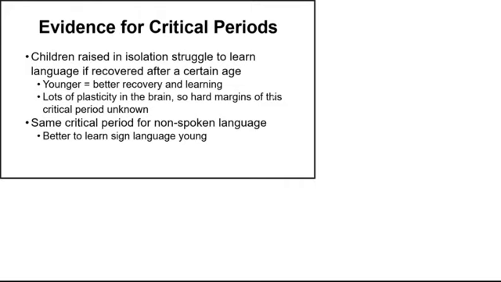And so the evidence that led to this proposal was the fact that children who are raised in isolation would then struggle to learn language if they were then re-socialized after a particular age. So the age would be around, I think it's about 12 or 13 years old. So a little bit of wiggle room there. But if you've seen news stories of children raised by wolves, they wouldn't be exposed to human language, so they would miss that critical period. And then when they were brought back into society, it took them a lot longer to learn language, and the language that they learned was a lot simpler and a lot less accurate